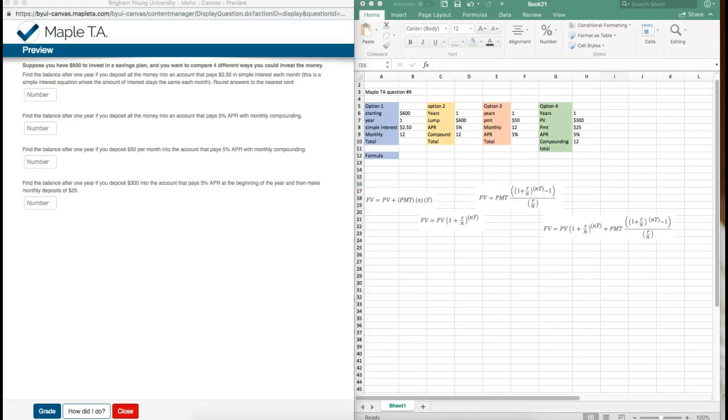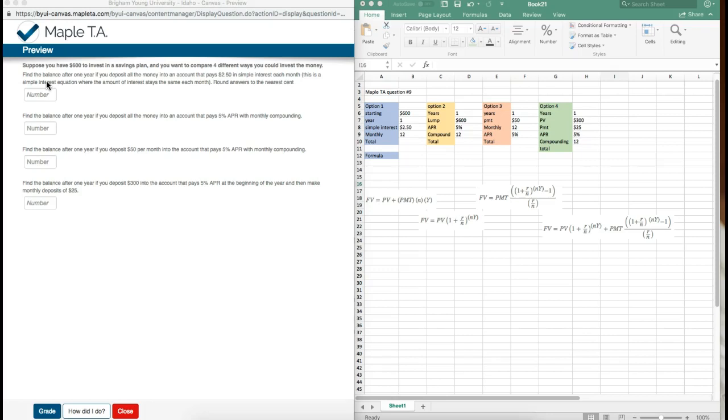This explanation is about how to enter in the future value functions in Excel, and to do that I'm showing it with example number 9 in the Mapletea homework from lesson number 9. Okay, so the first thing is, it says suppose you have $600 to invest in a savings plan and you